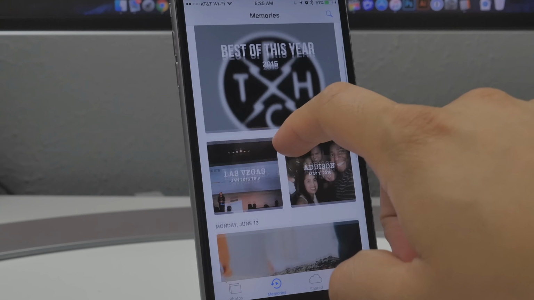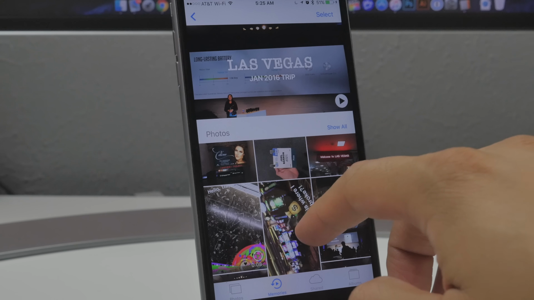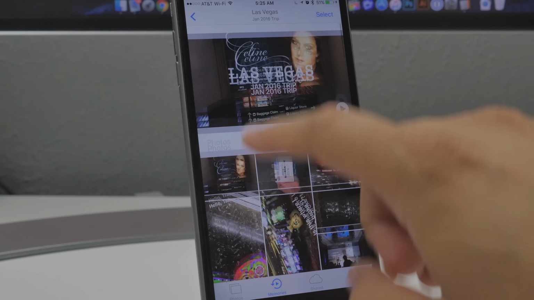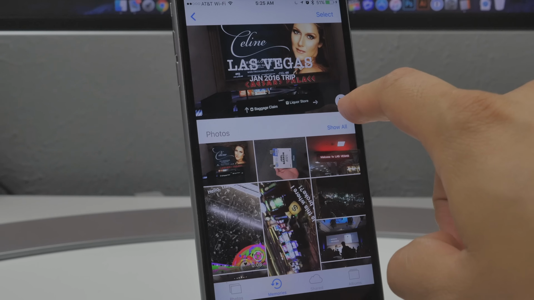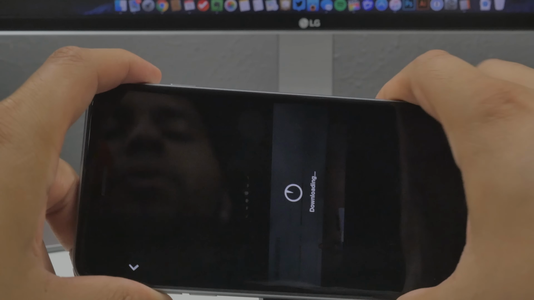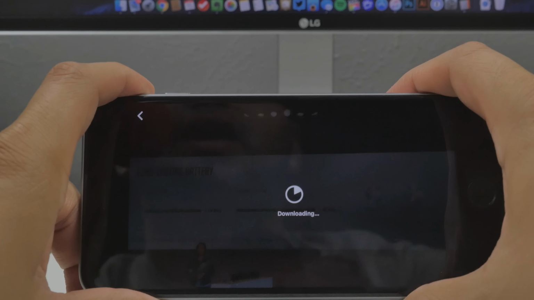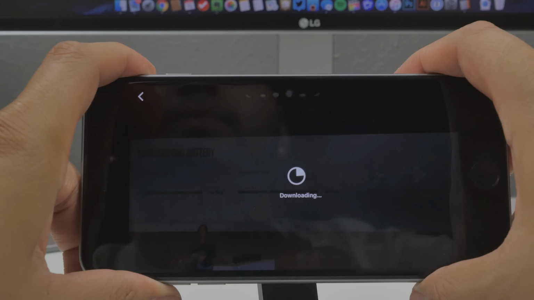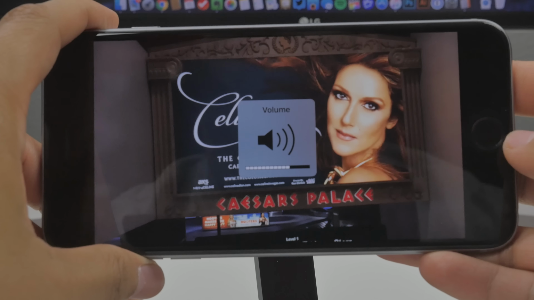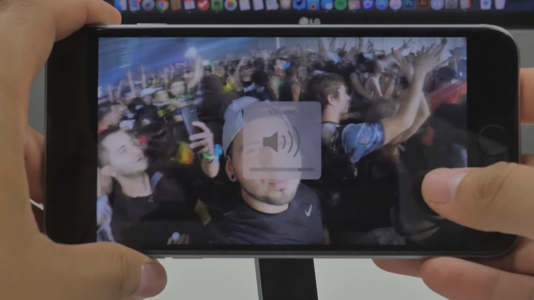So as you see here, when I went to Vegas for CES, I can see all the photos from that trip. Also at the very top, it has a play icon, so I can go ahead and play a video and it'll generate a video for me. It'll download all the videos and photos that deal with that certain trip. So this video here will have all of the photos and videos,